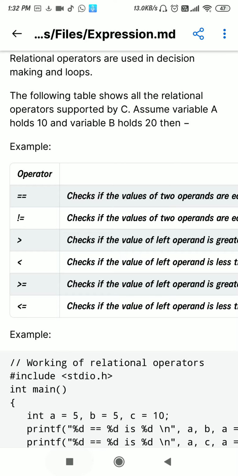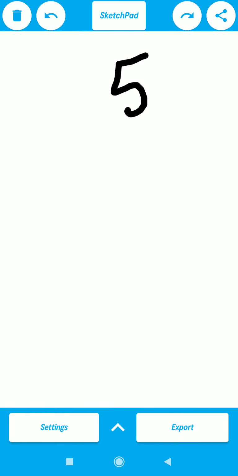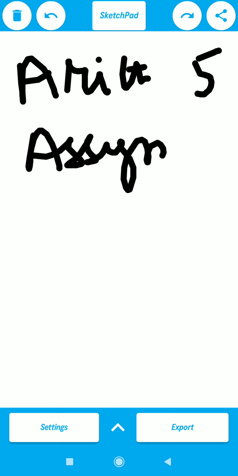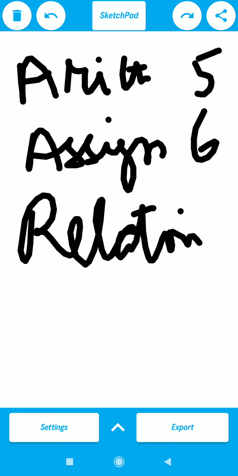Again, inside the relational operator, we have 5 further operators. See, in arithmetic, we have 5 operations. In assignment, we have 6 operations. In the relational, we have again 5 operations. What are those 5 operations?